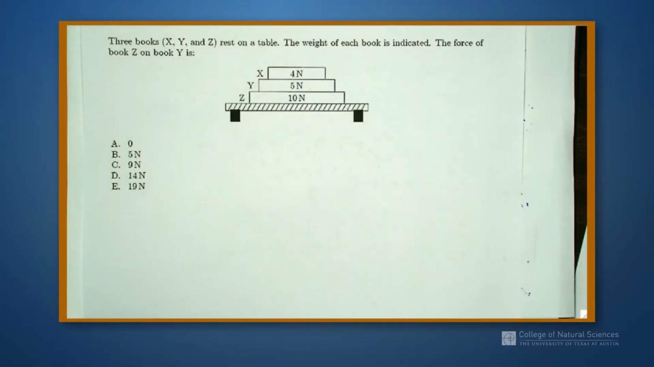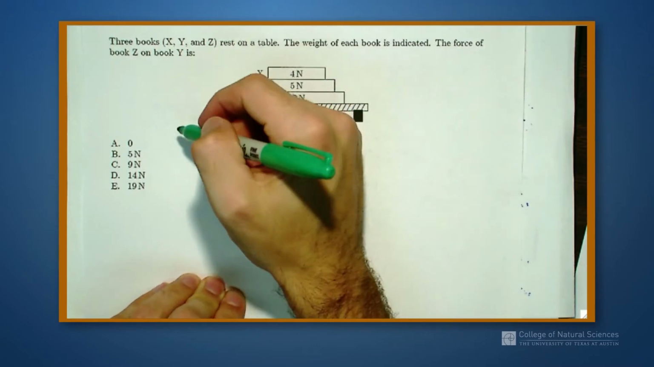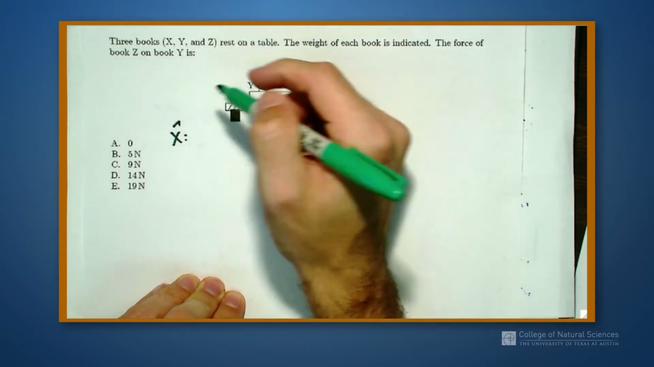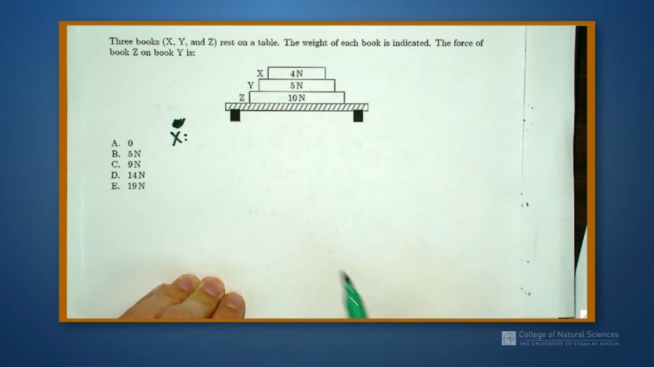All right, we have three books, X, Y, and Z, on a table. The weight of each book is indicated. What is the force of book Z on book Y? Well, I'm going to draw three free body diagrams, and I'm going to start with our free body diagram for